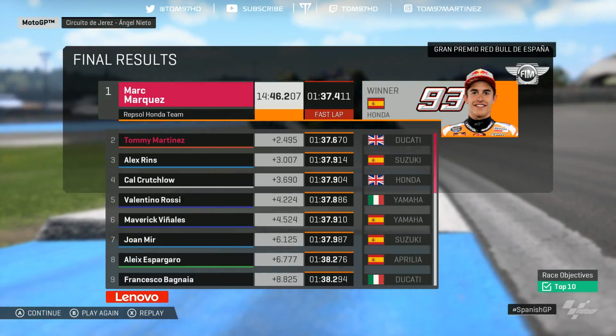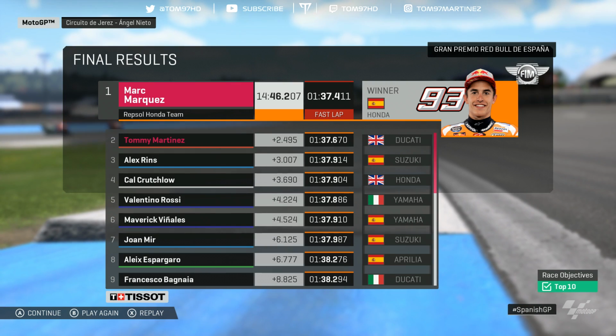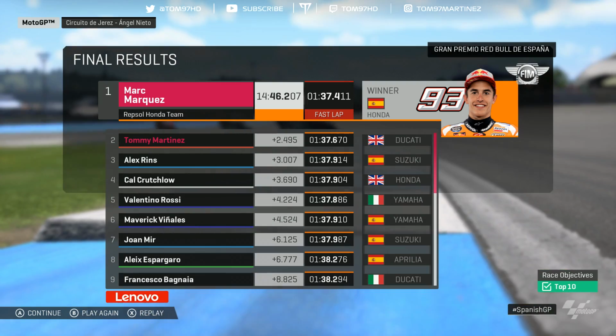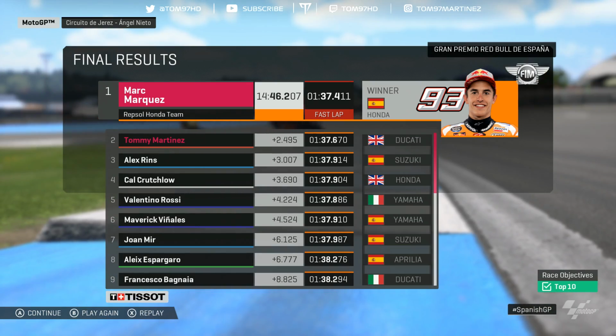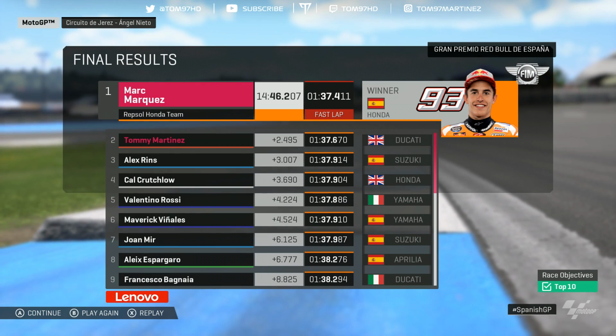There we go then, there are the final race results, and Marquez wins it and also picks up the fastest lap. He actually went even quicker, I think, on the last lap with a 37.4. We come home P2, and I'll take that. That's, like I said, our best result of the season so far, and up until that point it was 3rd place in Qatar. So a good podium for us, and then we've got Rins P3 rounding off the top 3,